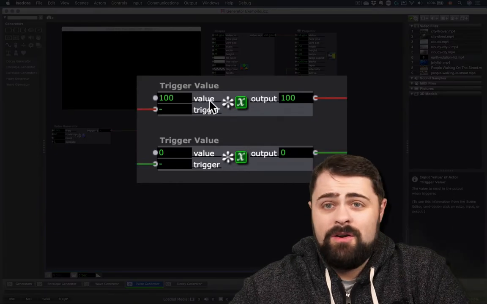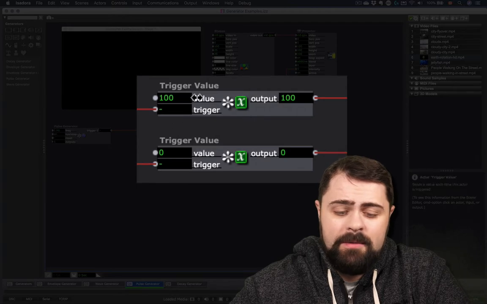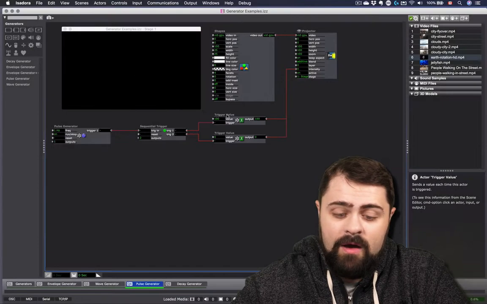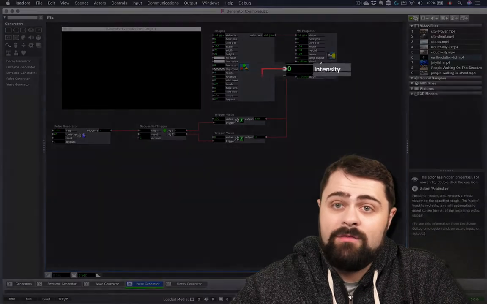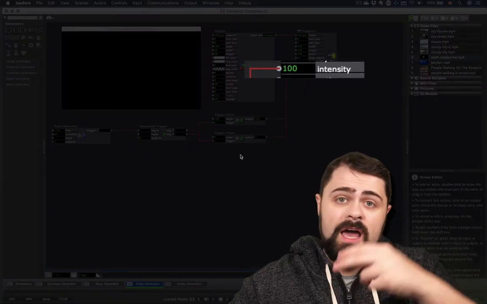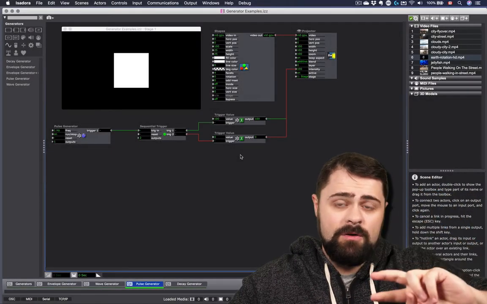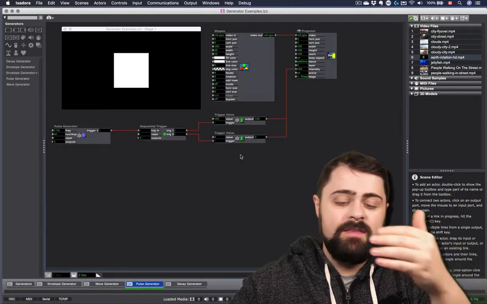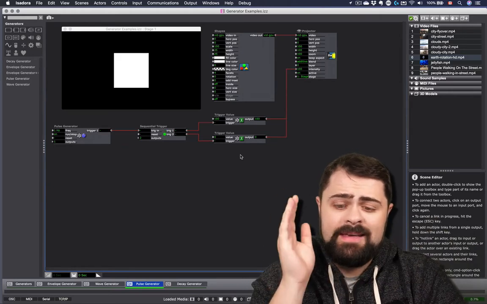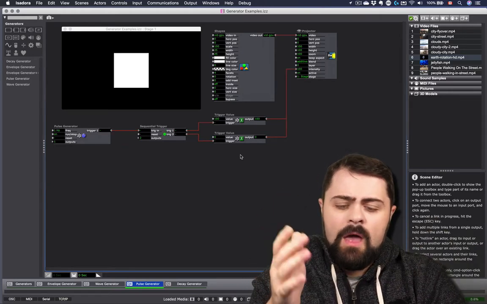Trigger value actor is actually very simple. When it's triggered, it simply plugs whatever value is in the trigger value, it's the value of the actor itself, into whatever it's connected to. So in this case, I have two trigger value actors, one at 100, one at 0, and both of them are passing their values into the intensity of the projector.